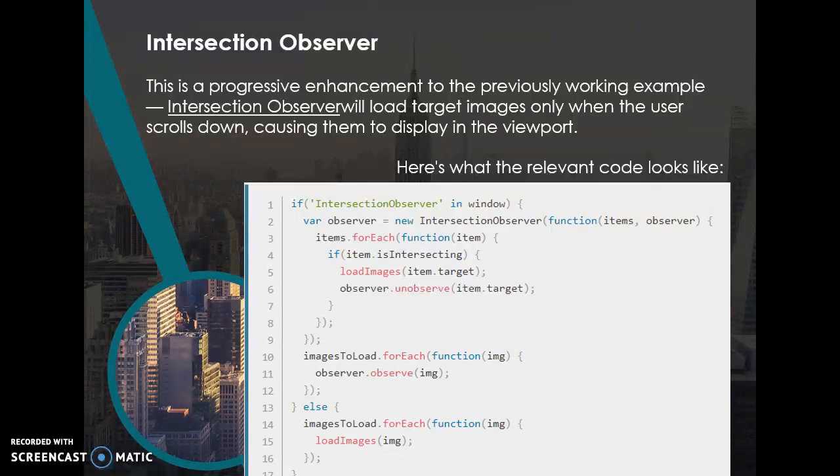So what is Intersection Observer? This is a progressive enhancement to the previously working example. Intersection Observer will load targeted images only when the user scrolls down, causing them to display in the viewport. So here's what the relevant code looks like. So we have the Intersection Observer, and we can just review the images to load function,